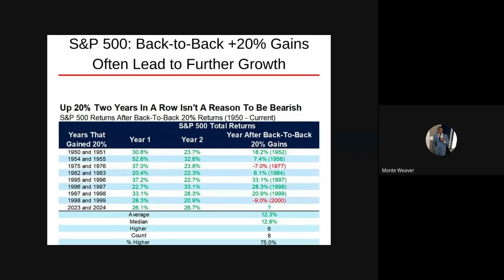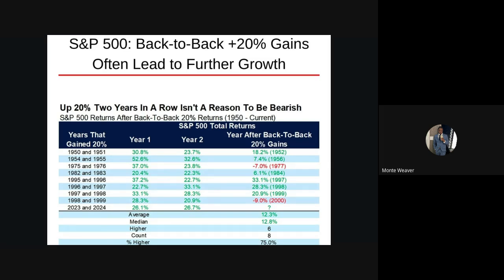But 2025 should be a good year, just to let you guys know. Are we going to have a pullback? Yes, we are going to have a pullback. We're going to have a pullback in September, probably March, and maybe in January. So you are going to get an opportunity to invest. Don't think that the market is just going to take off on you,